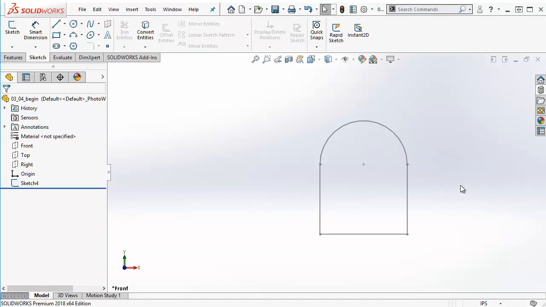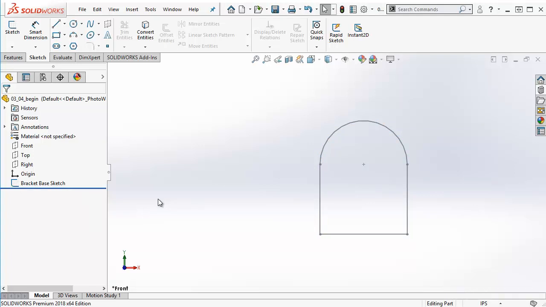So I no longer see those icons. I no longer see editing sketch down below. But I do see sketch 4 or 3 or 2 or whatever number sketch it may be that you just created. If I want to change the name, I can rename that if I just slow double click on the sketch 4. And maybe I want to rename this to something else. Let's say bracket base sketch or something like this,